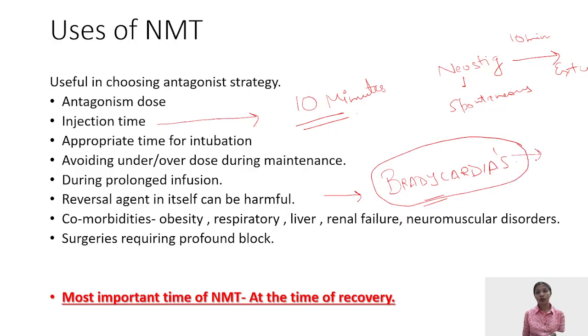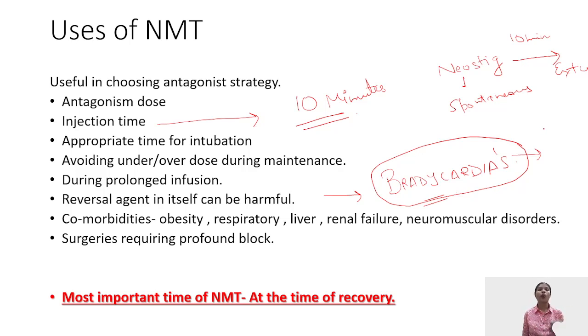So this also is a potential question which can come: if the patient has cardiac arrhythmias or sustained bradycardias, how is neuromuscular monitoring helping you? It will tell you when full, complete recovery of the patient has occurred, so that reversal agents can be avoided. Now, what is the full recovery? We'll come to it. Then comorbidities, I've already told, help us in deciding which skeletal muscle relaxant we have to use, and eventually, depending upon the skeletal muscle relaxant, the reversal agent can be chosen.